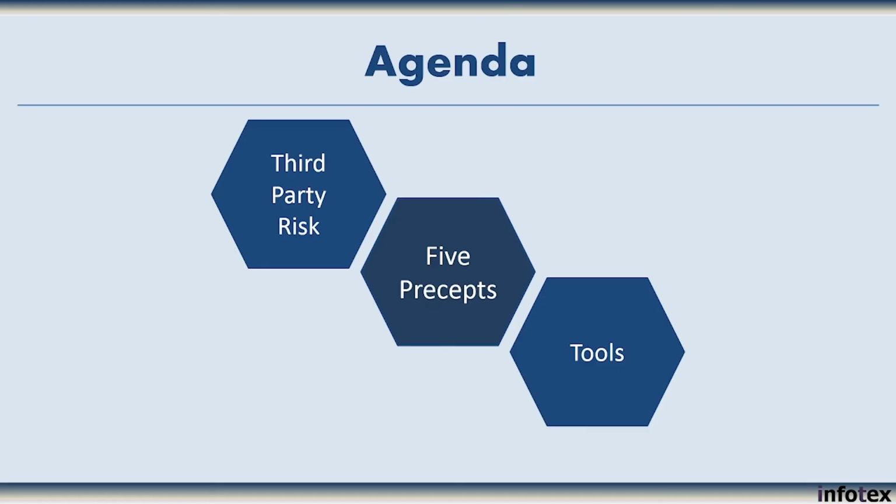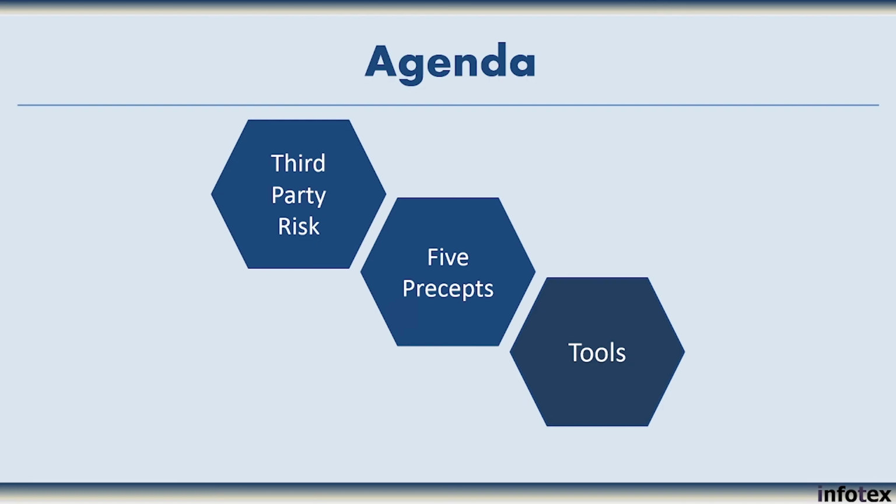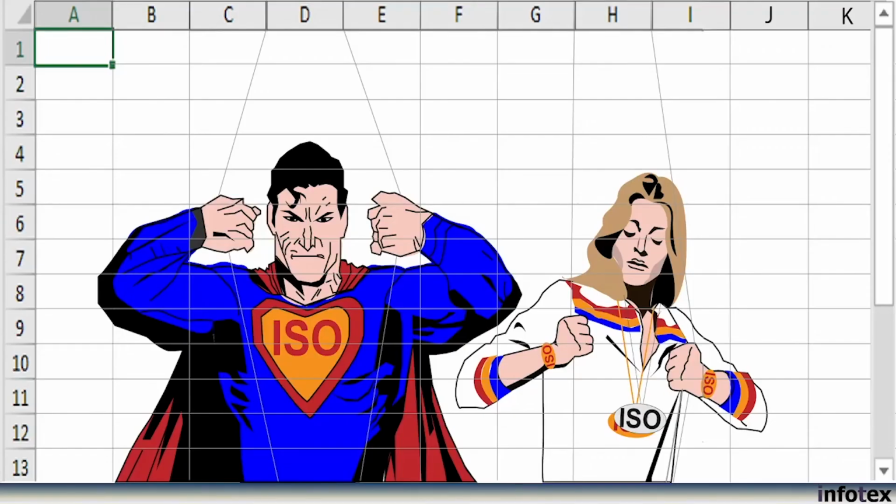And now, moving on from the 5 precepts, tools used for vendor management. Spreadsheets are how we started to track vendor risk and due diligence processes, and most likely, those listening are either still using them or have moved to a third-party system, but were using spreadsheets at one point. And there's nothing wrong with still using spreadsheets, but it can become a tedious process, and financial institutions as a whole are outsourcing more, which means more vendors, higher risk vendors, and therefore more work in general to manage them.